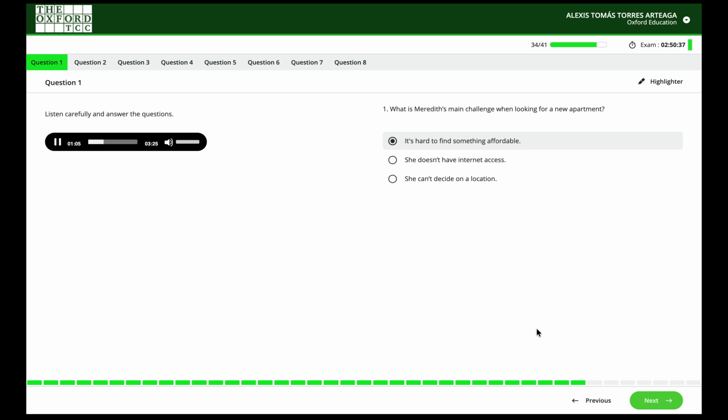It took some time and patience, but I eventually found a place that met my criteria and budget. I'll have to give that a shot. Did you have to pay a lot up front when you moved in? Not too much. Typically, landlords require first and last month's rent as well as a security deposit. But it can vary depending on the landlord and the rental agreement. Got it. Thanks for the advice, Pamela. I'll keep looking and hopefully find something soon. You're welcome, Meredith. Good luck with your search.